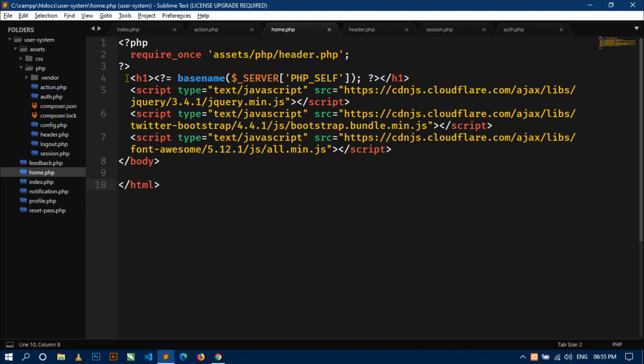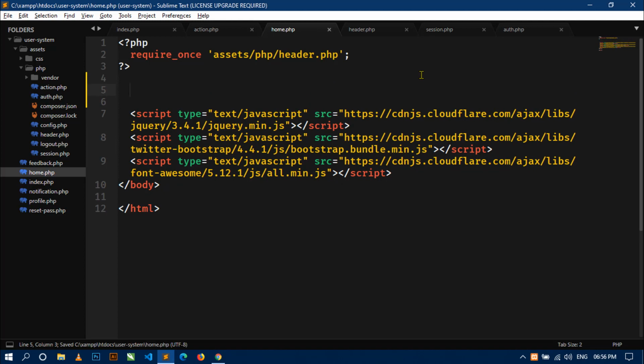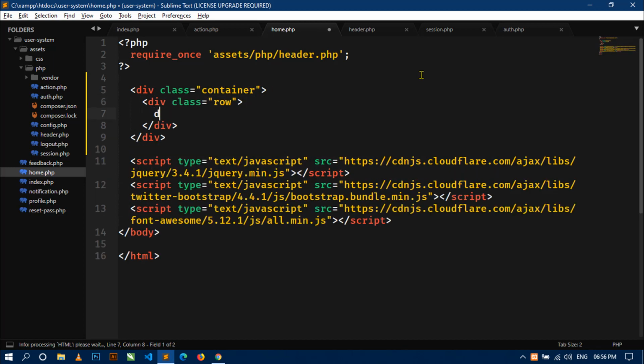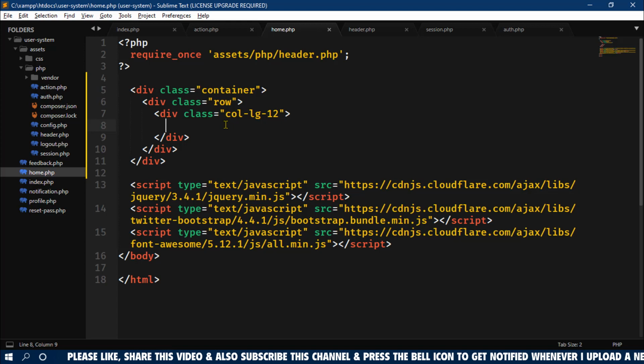Let's remove this h1 tag from here. Now first, I will create a container div. Inside this container I will create a row, and inside this row I will create a column with col-lg-12. Inside this column I will display an alert that shows whether your email is verified or not. If your email is not verified, the alert will display, and if your email is verified, then the alert